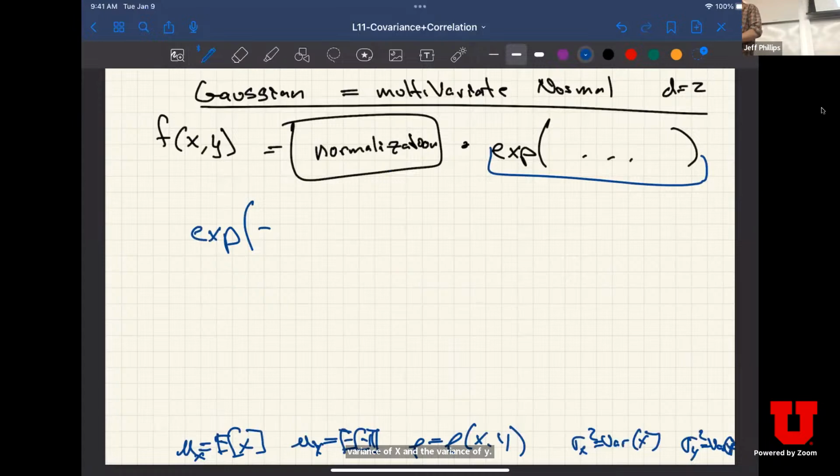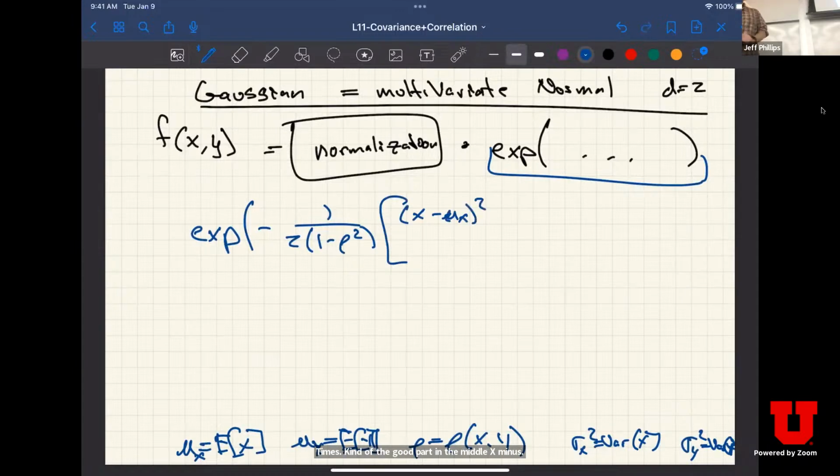That's of y. Okay. So 2 times 1 minus rho squared. Okay. Times kind of the good part in the middle. X minus mu of x squared over 2 sigma x squared, right? This is what the middle of the normal distribution looked like for just x. If you have a y term, you also vary in the y,